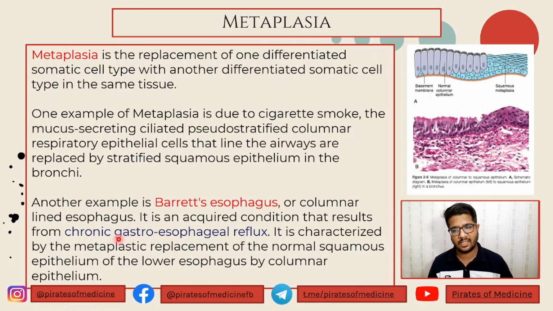You can obviously understand in Barrett's esophagus what happens: there is excessive regurgitation of acid into the esophagus, which is gastroesophageal reflux. Now, this acid can damage the cells in the esophagus. To protect these cells, the stem cells inside the esophagus reprogram themselves to change their structure into columnar form. So, if this stress is removed, theoretically, metaplasia should be removed.